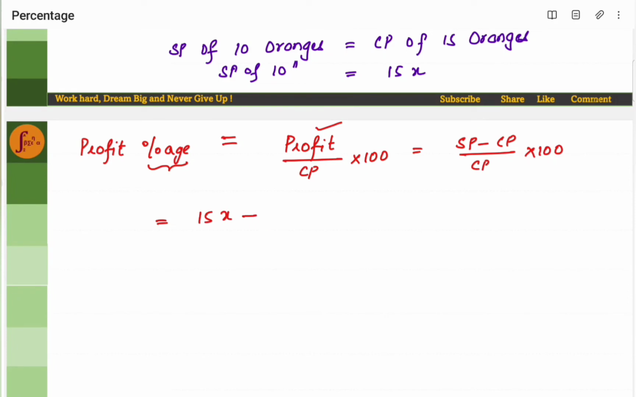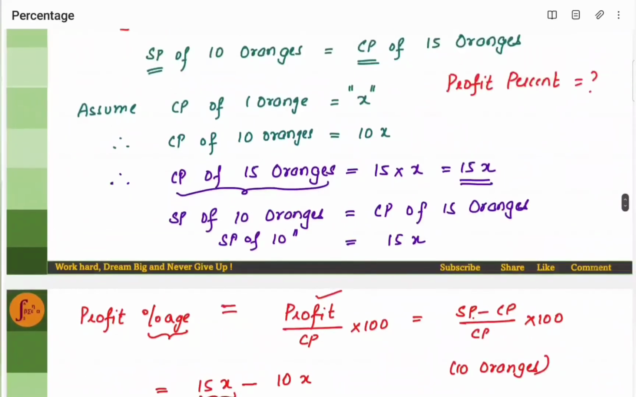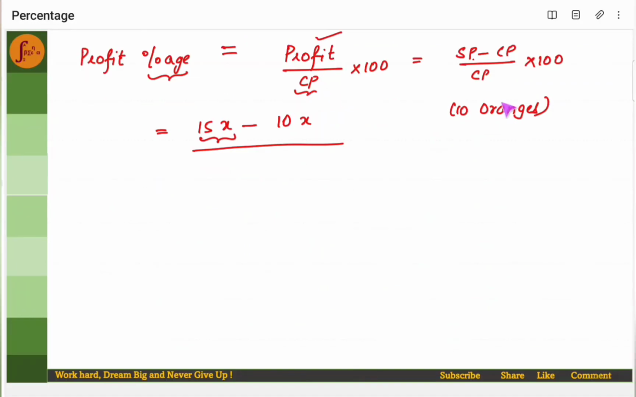What is cost price? Cost price of 10 oranges. So you'll have to take the same thing, same number. If you take selling price of 10 oranges, you have to take cost price of 10 oranges, right? You can't take cost price of 15 oranges, okay? So here I'm taking selling price of 10 oranges. Now selling price of 10 oranges is equal to 15x. 15x minus cost price of 10 oranges is 10 into x, right? We saw here cost price of 10 oranges is 10 into x. By cost price. Cost price is 10x